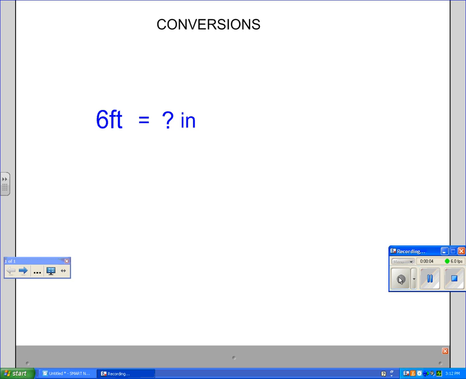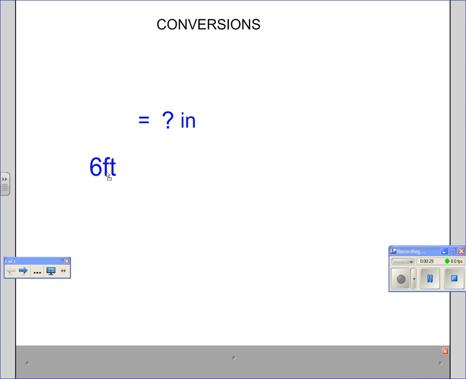Longer conversion problems really aren't much different than the short, easy conversion problems like the one here, 6 feet equals 72 inches. To go from 6 feet to 72 inches, you're actually multiplying by the number 1 because 6 feet is 72 inches. And obviously in mathematics, whenever you multiply a number by the number 1, you get the original number. So as an example here, 6 feet is going to be multiplied by a fraction that's equal to 1 in order to get our answer